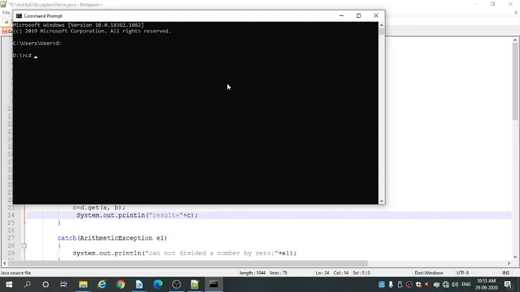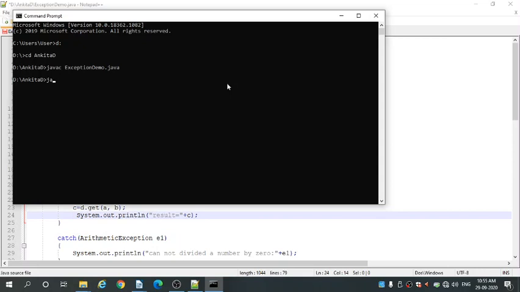To go into your folder, type cd and the folder name, and press enter. Then for compilation, javac, program name ExceptionDemo.java. Press enter. It is successfully compiling.